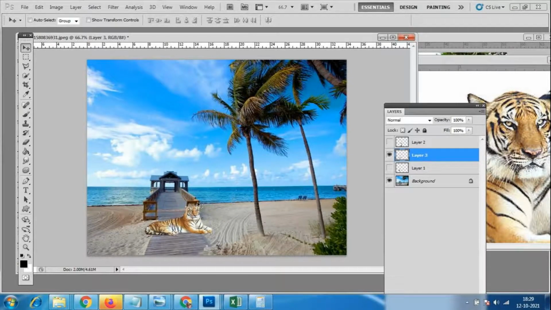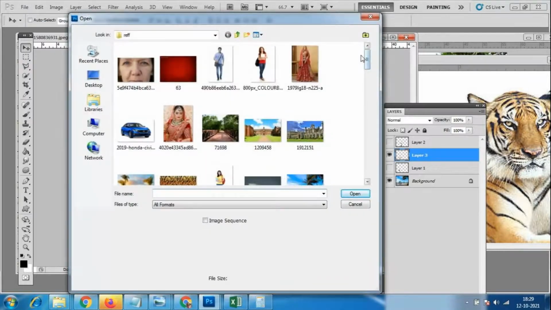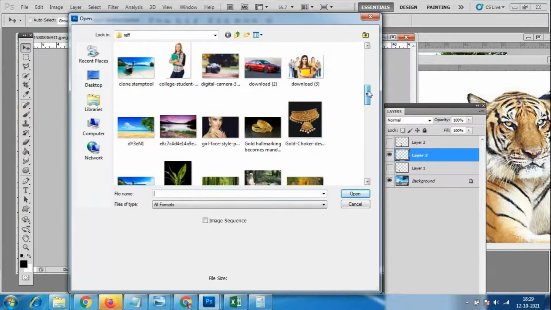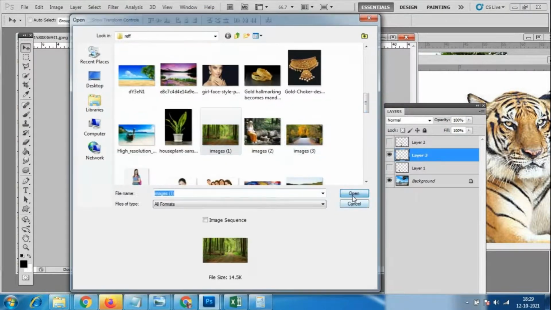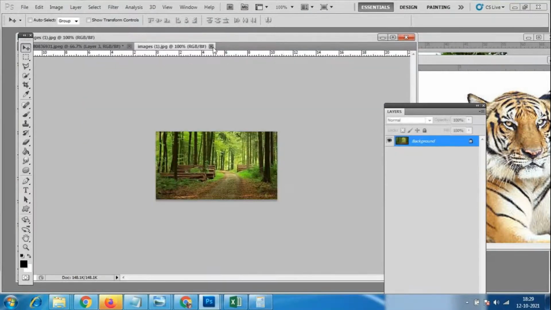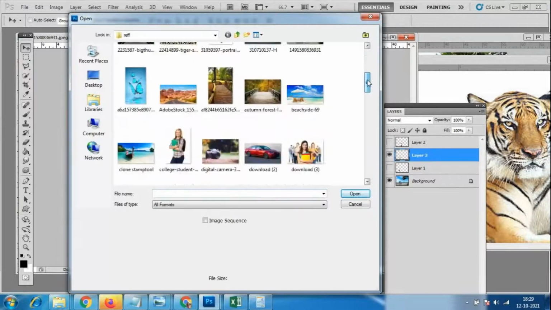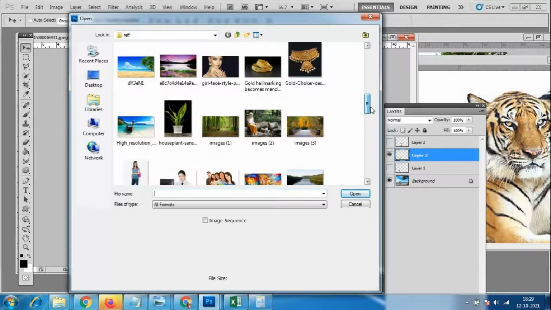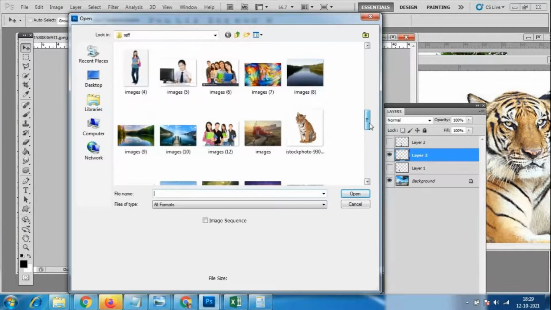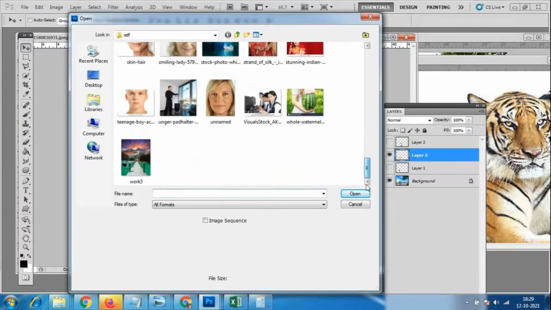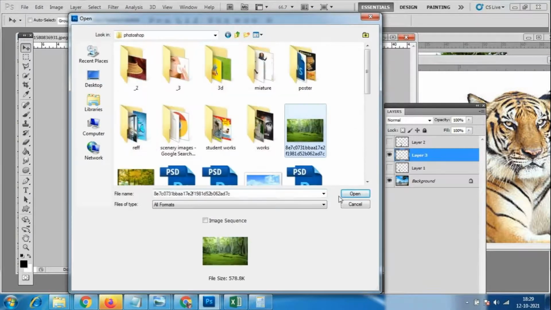Otherwise we have to take a different background for this. Okay, any forest background, if I have, it will look nice. Let me check, the quality of this image is not good. I have an image which does not have good quality. Okay, so some forest image we have.